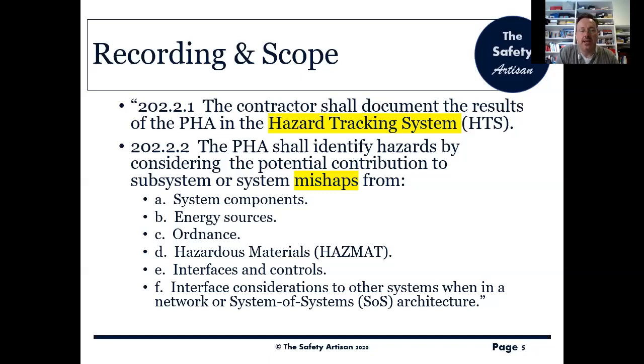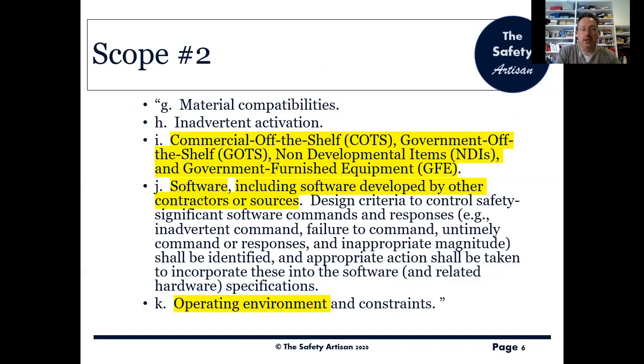from components of the system, energy sources, ordnance, well, that's, you know, bullets and explosives to you and me, rockets and that kind of stuff, hazardous materials, interfaces and controls, interface considerations to other systems, external systems. Maybe you've got a network of different systems talking to each other. Sometimes that's called a system of systems architecture. Don't worry about the definitions. Our system probably interacts and talks to other systems, or it relies on other systems in some way, or other systems rely on it. So there are external interfaces, that's the point. So we might think about